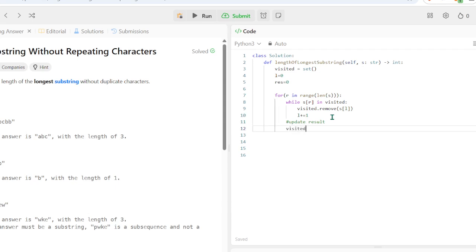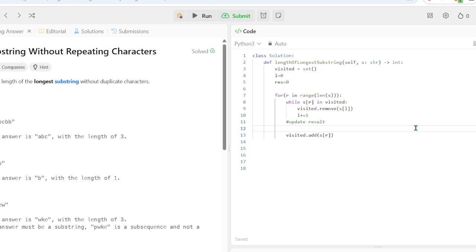I think at the end we do visited.add S at R. Let me add it to the set, I believe, at the end of the iteration. Now you update our result, right? Am I understanding this correctly?